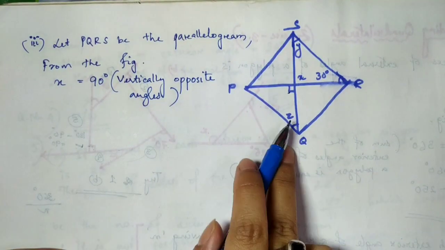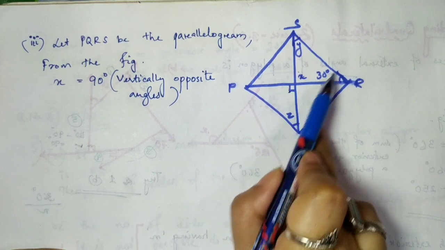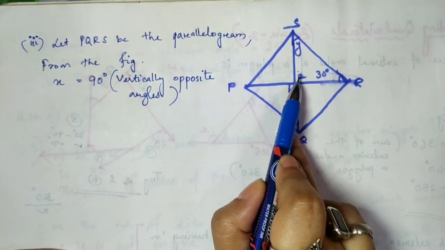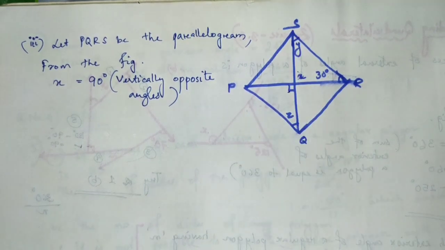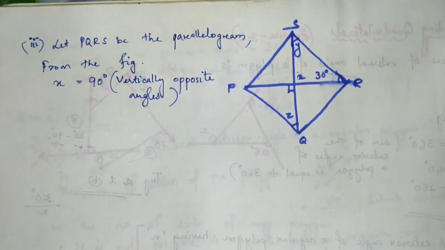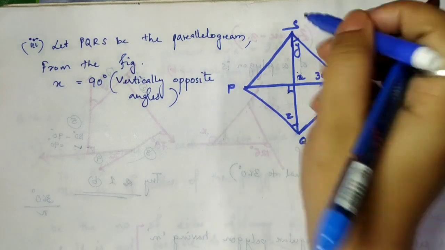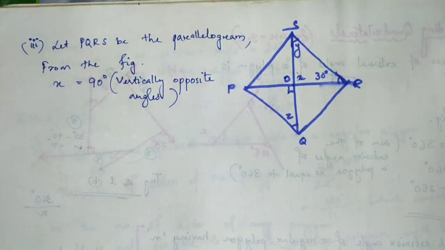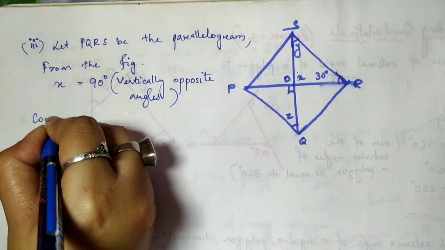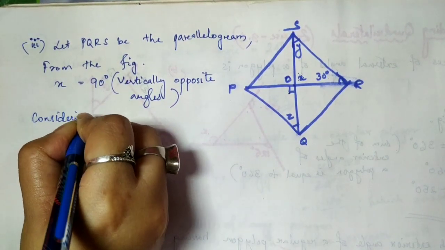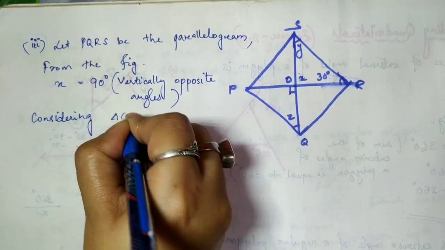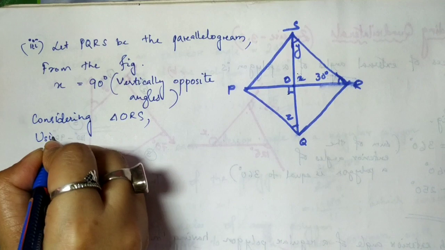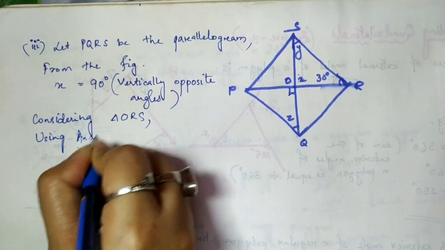Now first we can find Y, because this is a triangle if you can see, and in this triangle we have X, and now 30 degrees given. You can use angle sum property to find Y. So let me consider this point as O where the diagonals are intersecting. So now considering the triangle ORS, using